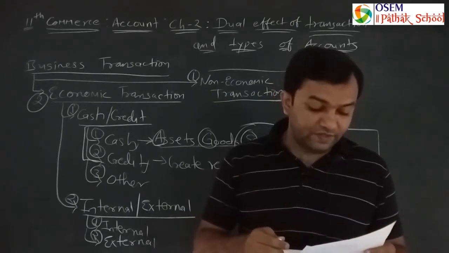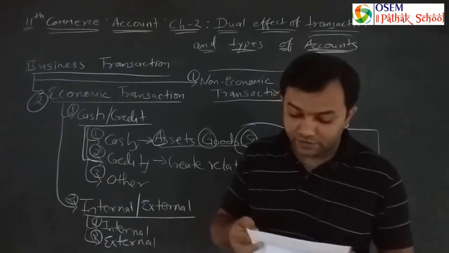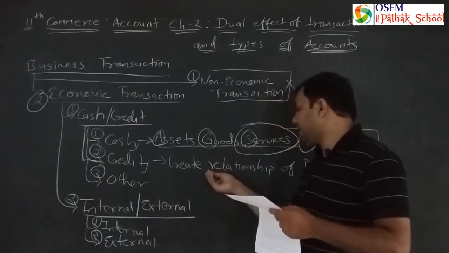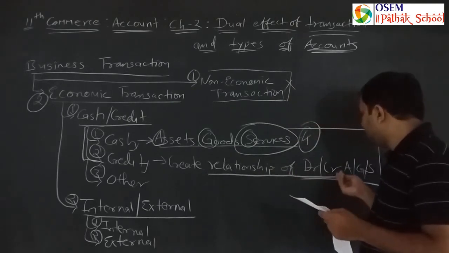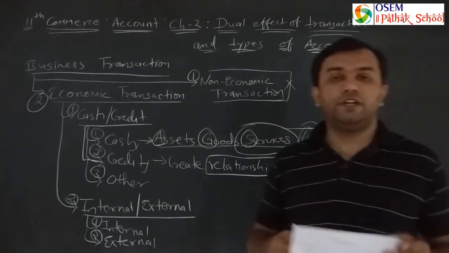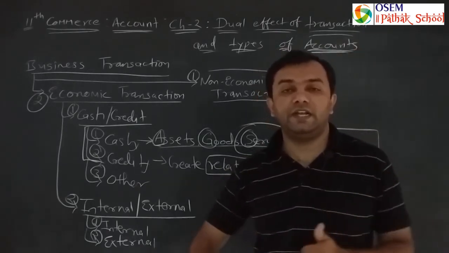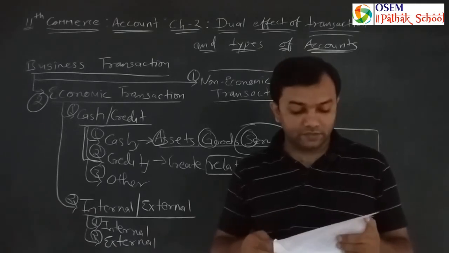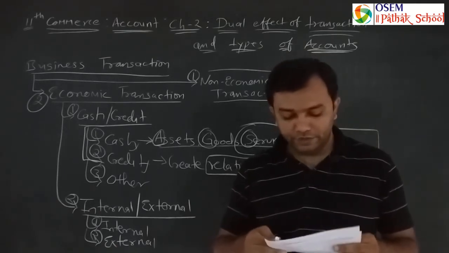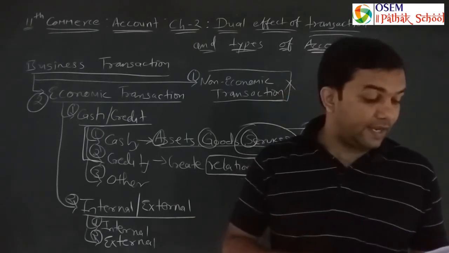From this transaction, the relation of debtor and creditor comes into existence. If you want to understand debtor and creditor in detail, you need to revise the lecture on debtor and creditor in the previous lectures on YouTube. So you need to revise that particular thing. Okay, I am repeating that particular line.